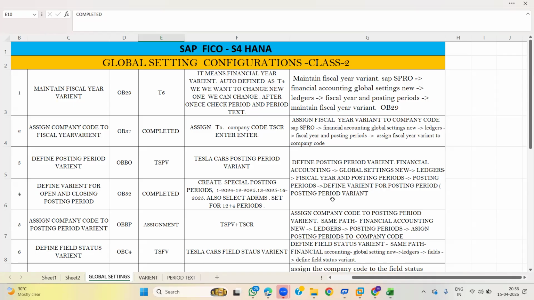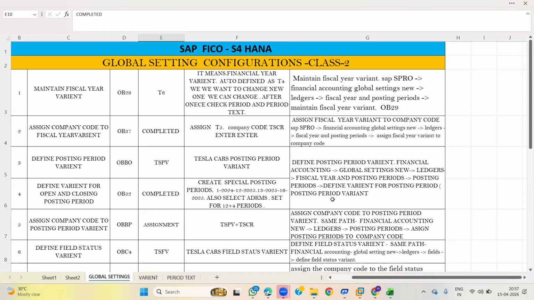Next, define fiscal year variant, assign company code to posting period variant, and open and close posting periods, and field status variant. Then assignment of field status variant, document type, document number, tolerance groups for employees, GL, vendors and customers. And finally, chart of accounts.